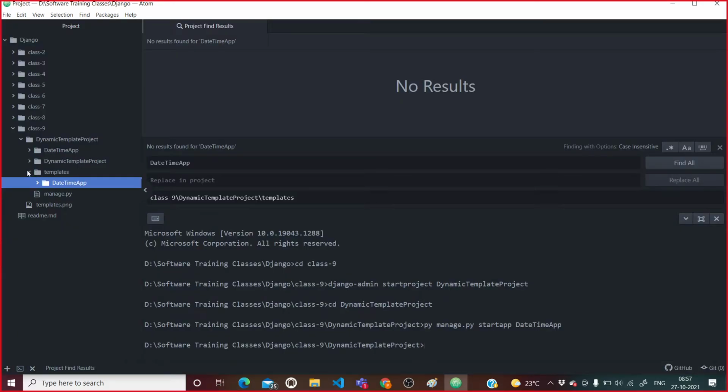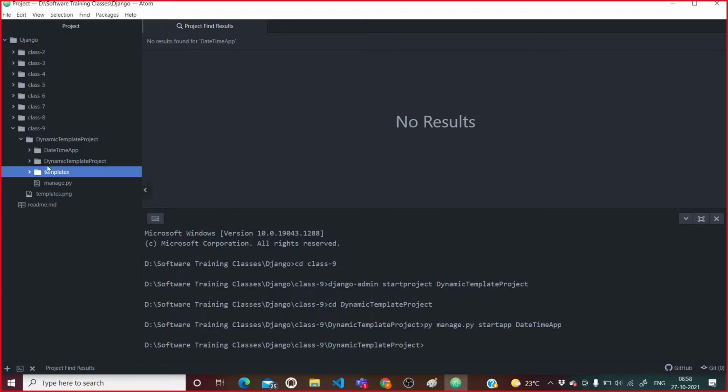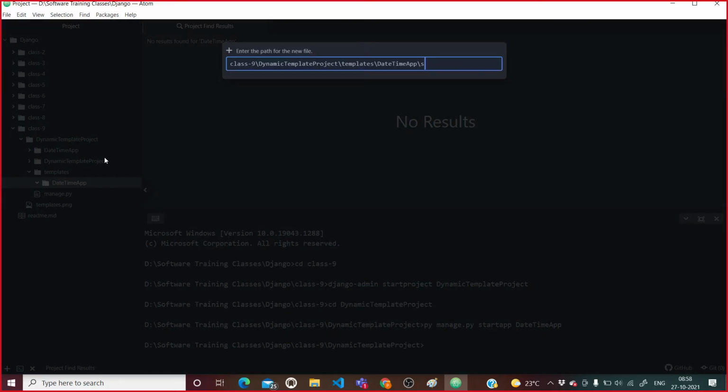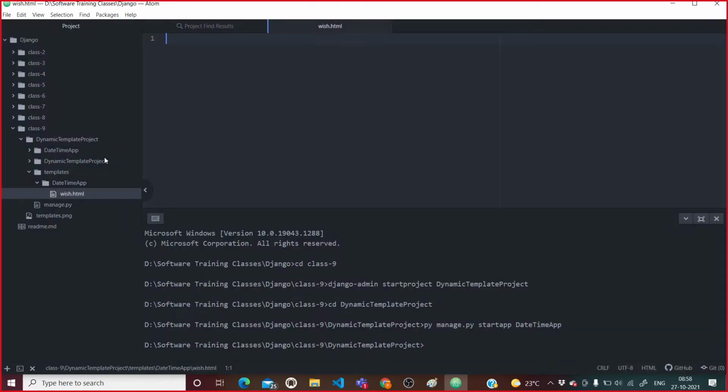Fine, so I have created it here. Now inside this I want to create a new file called wish.html. This is the complete thing, how we create a project.